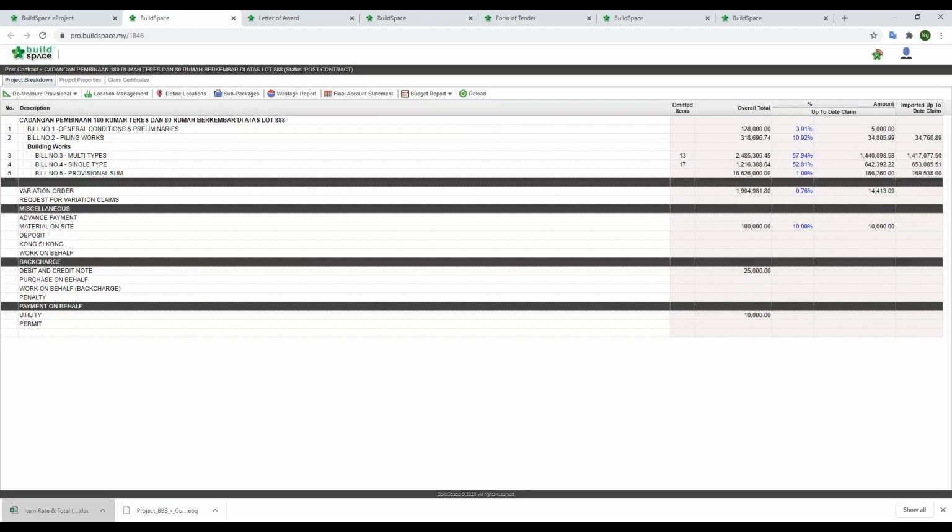And assuming, let's say, we manage our main contract and our sub package in a single platform, one of the core objectives is to get all the budget cost information into a single platform. In this case, the system is able to analyze for you, drill down to the details. Take for example, under these budget reports,